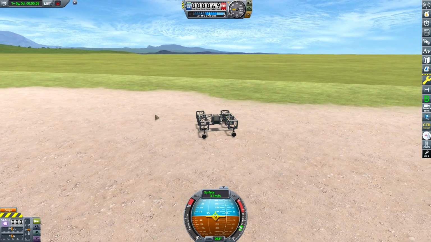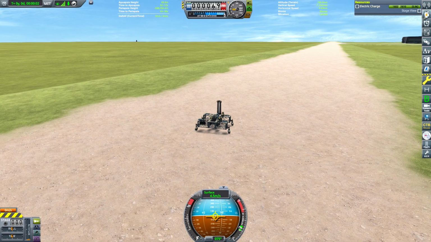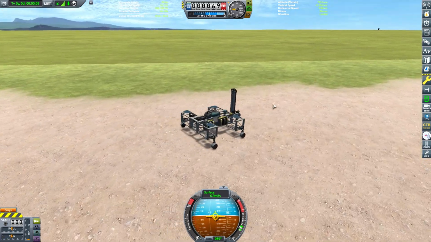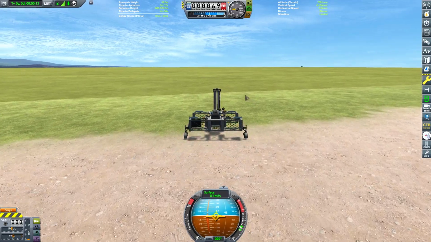Oh, and we're already out of electric charge. Okay, so we'll definitely need plenty of batteries. Okay, so I've put some batteries on, a couple of solar panels just for testing, and some science stuff. Let's see how this drives. No, it drives okay. But I guess this is on a very flat sort of runway, so...